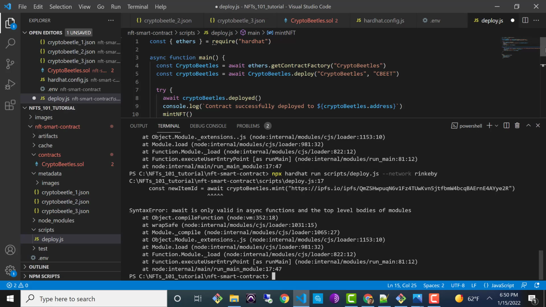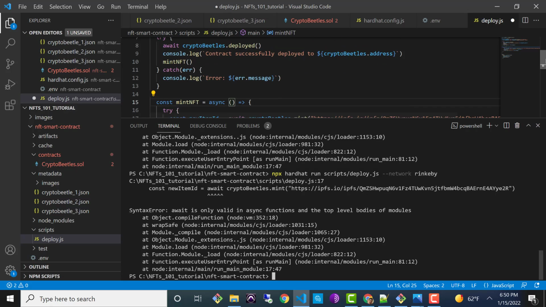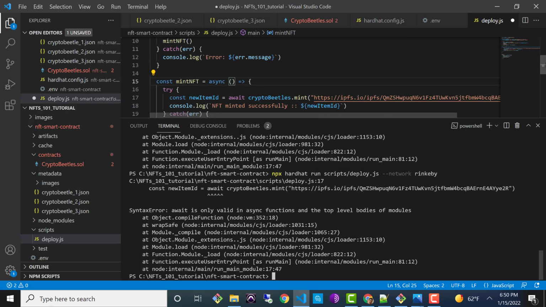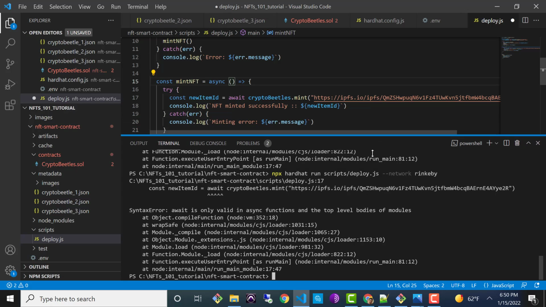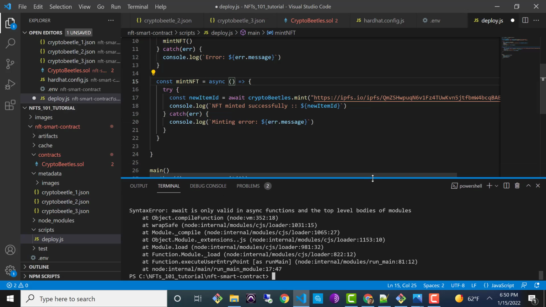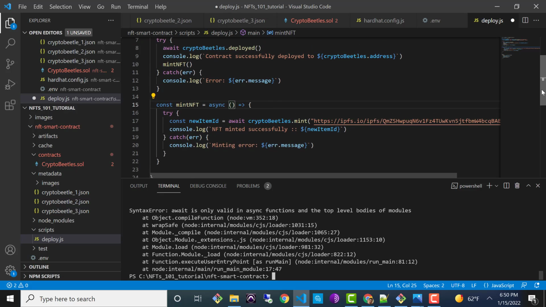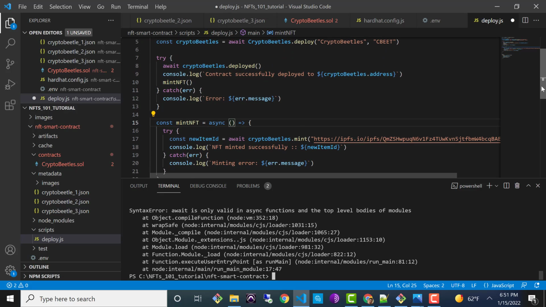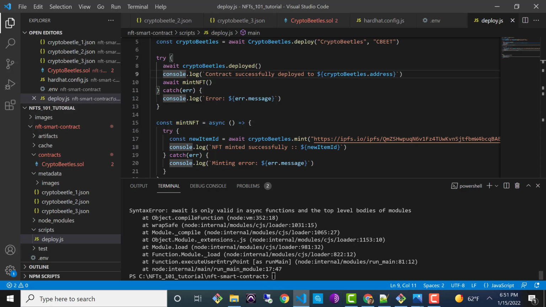Okay, line 17. I guess I must have missed it somewhere else as well. 17, 17, 17. Huh. Okay, I think the problem... Do we need an await here? Is that the problem? Let's try that. If that doesn't work, then I think I'm going to have to make this so it's not